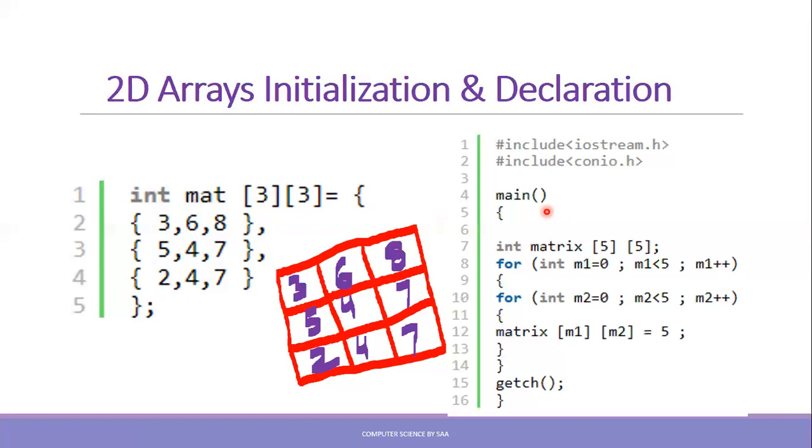First of all, we have declared the array of data type int, and the name of the array is matrix, and the size of the array is 5 into 5, which means 5 rows and 5 columns. Now here you need to notice that we have used the nested loop over here, as we have discussed that